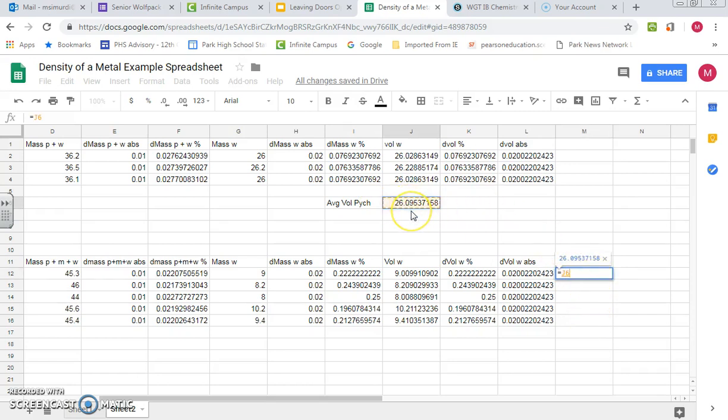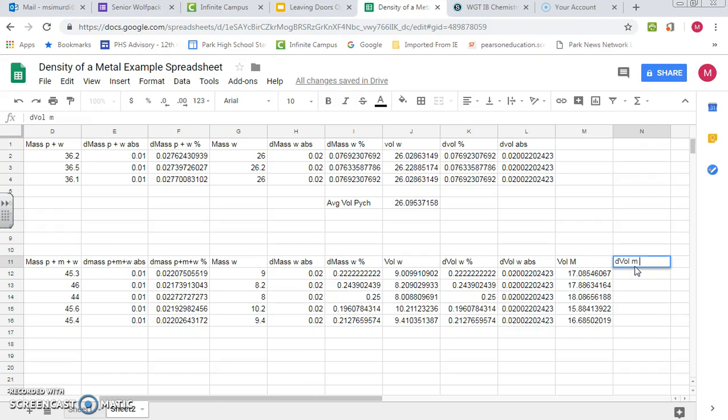So I'm going to lock this value with my dollar signs. And then I'm going to subtract the volume of the water. And this is what I get, and we will fill that down. If you fill down and you get some goofy numbers, you didn't put the dollar signs in where they're supposed to be. You can see my reference right up here to the cell. And let's get